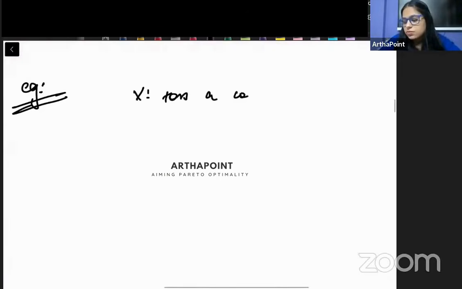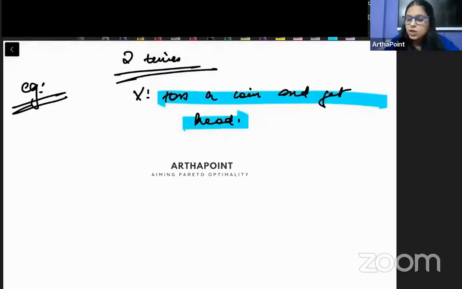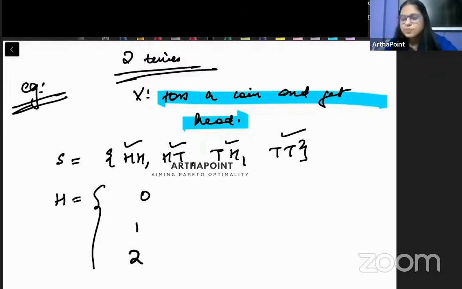फॉर एग्जाम्पल बेटा, एक रैंडम वेरिएबल का एग्जाम्पल हो सकता है the number of times that I toss a coin and get heads. ठीक है, सपोज मैंने बोला कि मैं 2 टाइम्स एक कॉइन को टॉस कर रही हूं and I am interested in understanding how many heads I have got. तो बेटा अगर मैं देखूं तो मेरा सैंपल स्पेस हो जाएगा हेड हेड, हेड टेल, टेल हेड, टेल टेल. और इसमें ये बात बहुत क्लियर है that the number of heads that I can get, it can be either 0 and it can be 1 and it can be 2.